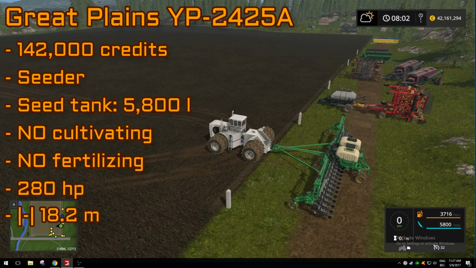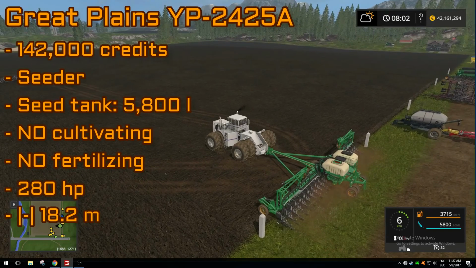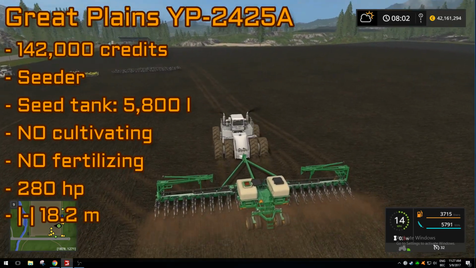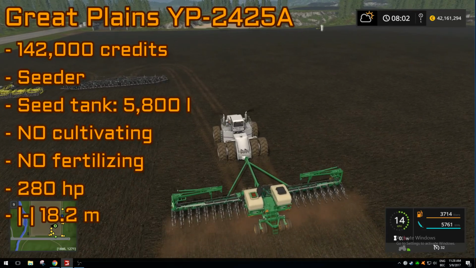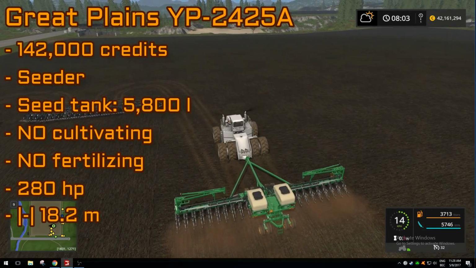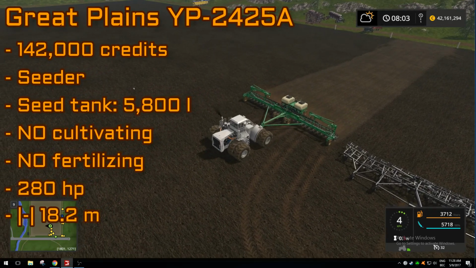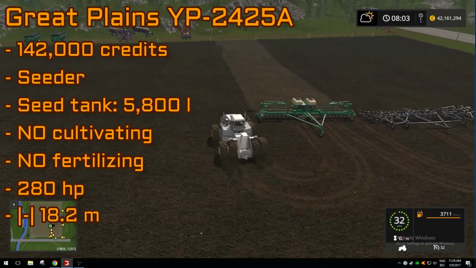So you need cultivation before you use this seeding machine. This machine costs 142,000 credits and has a working width of 18.2 meters. It also needs 280 horsepower to operate and has a capacity of seeds of 5,800 liters. So that's a lot. So let's lower this up and maybe power it, and so it's already working. Now it is seeding. So you have to start this one to let it work. You can open and close the lid on the seed tank. As you guys can see, it's seeding, but it is not fertilizing. So this was the first seeder that is included in the Big Bud DLC, and let's continue to the second